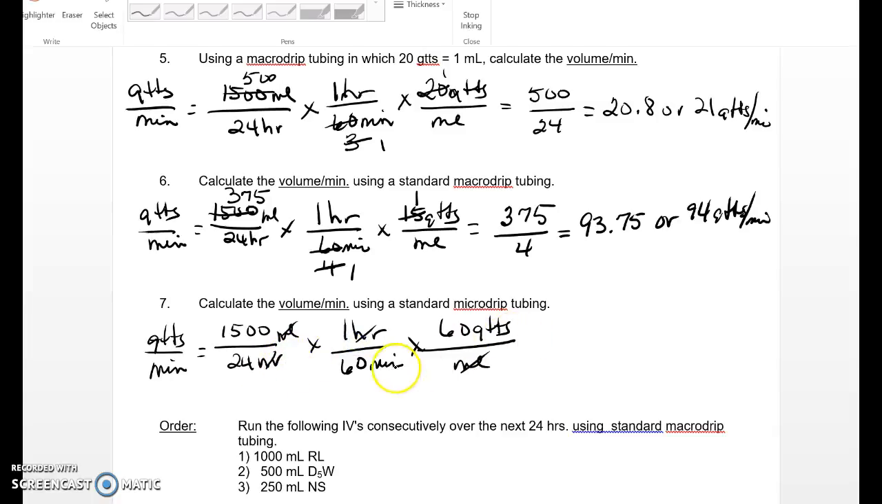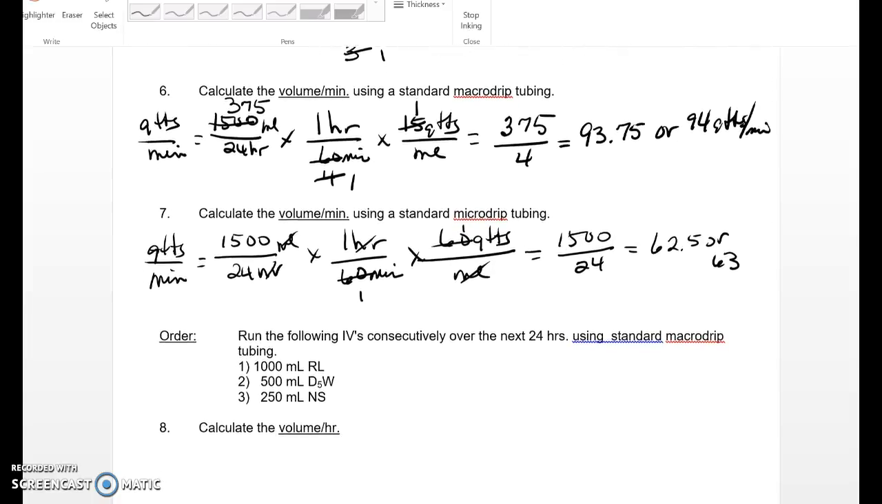That leaves me with drops per minute. I know I can reduce these down to 1, which leaves me 1500 divided by 24, which equals 62.5 or 63. Understand? Okay, let's go to